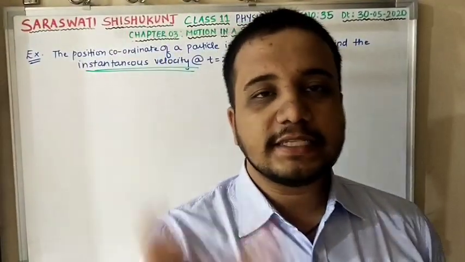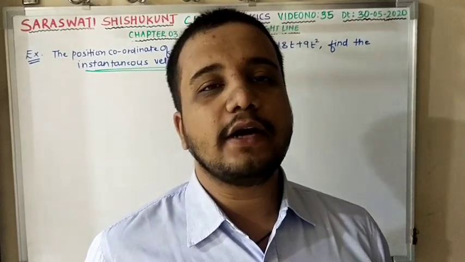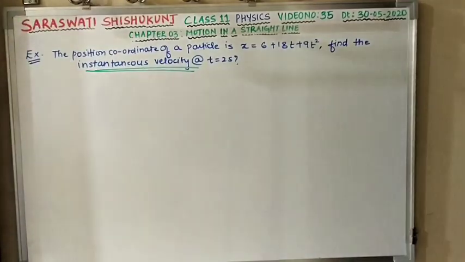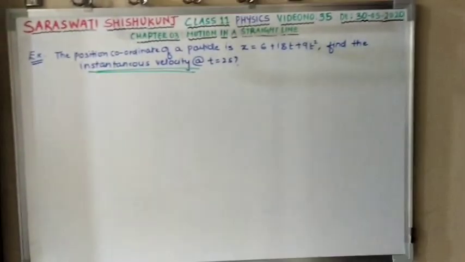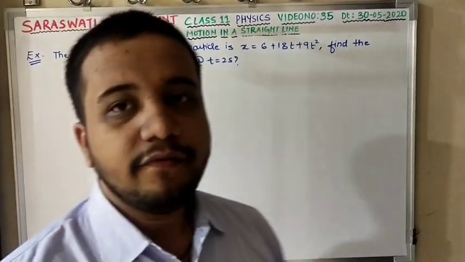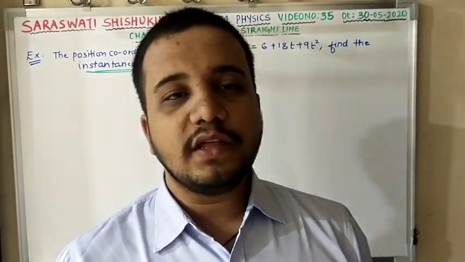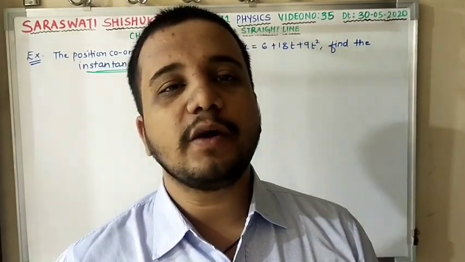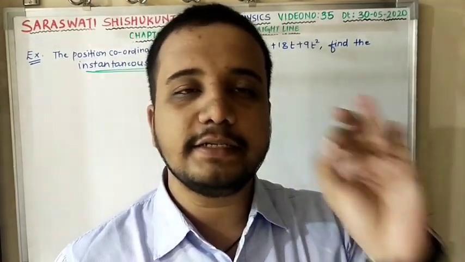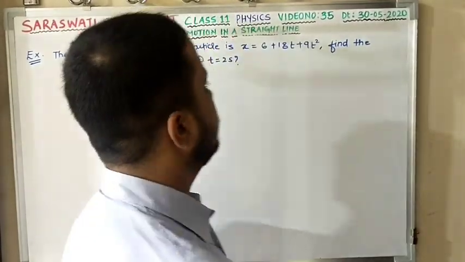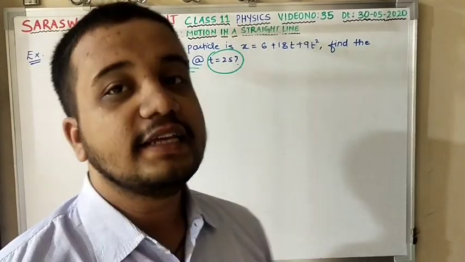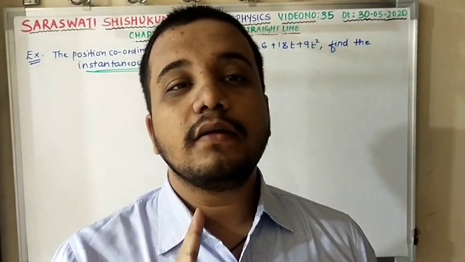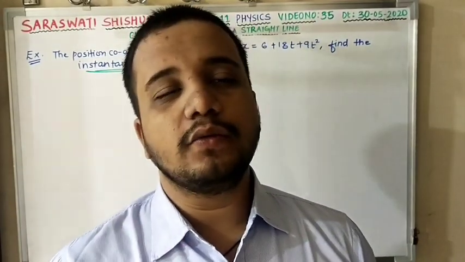Remember, if they do not mention instantaneous, then you can make it out from the data whether the given value we have to find is instantaneous or average. If they do not mention whether we have to find instantaneous velocity or average velocity, how can we make it out? If a particular time instant is given in the question, then you have to calculate the instantaneous value only. Here, t equal to 2 seconds is a particular time instant, which means you have to find instantaneous velocity rather than the average value.